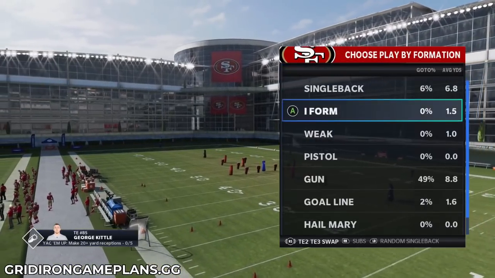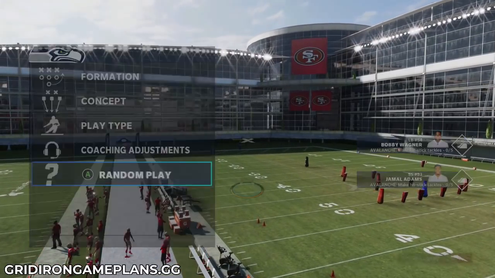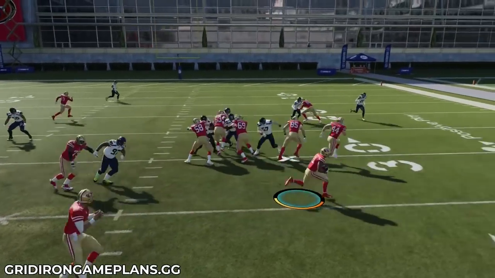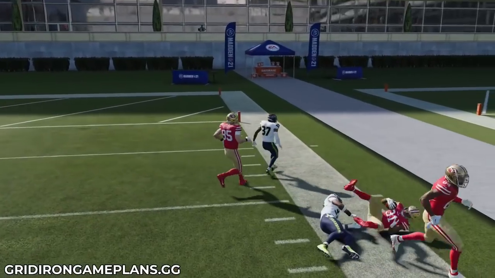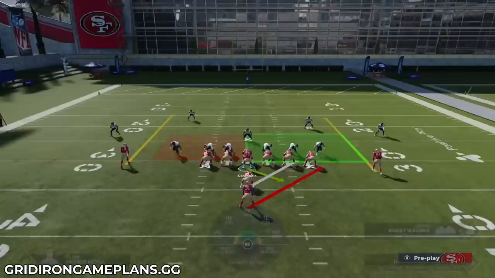Now, let me go ahead and go back into the I-form close. I'm going to keep running this stretch here, and I'm just going to choose random plays. We're just going to start to see how different formations look. Are they shedding? Are they playing well? You can see we're getting to the outside. That was against the over plus, running it to the over shifted side of the formation, which kind of leads